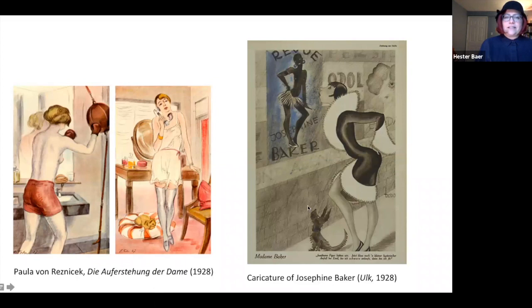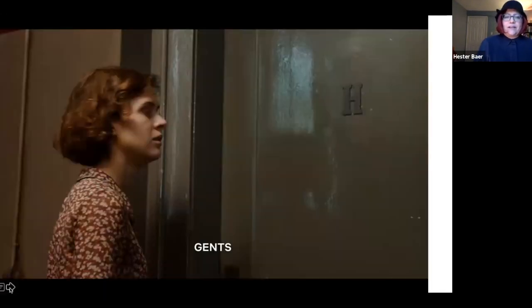And a final slide that shows some further images of the new woman boxing topless, and Josephine Baker, who is very prominently referenced in the sequence that we're going to look at in a second. And I think this part, the portrayal of gender and sexuality, is one of the really interesting aspects of the show that engages anachronism.